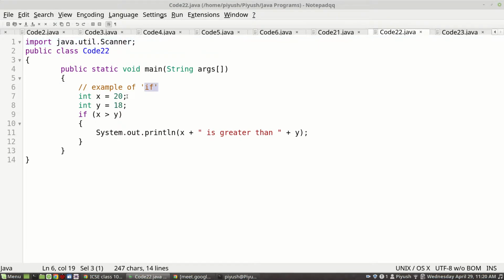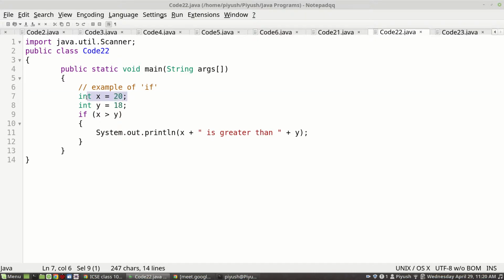Let's say we have two numbers stored in two different variables named x and y. Both can store integer type. Here in one single line, I am declaring as well as initializing the variables. First we have created a variable named x and said we will store integer type values only, and in that same line we are storing that value also.